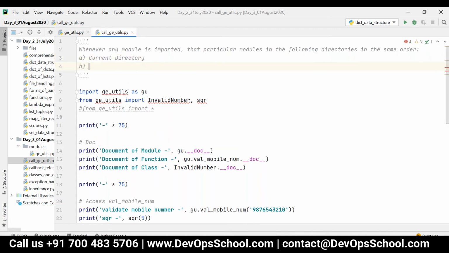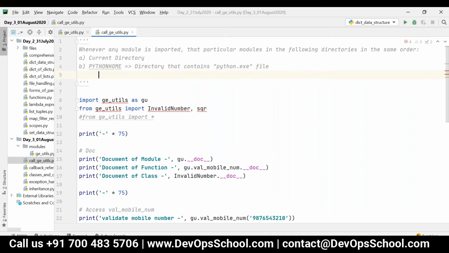Second, from the Python home. Python home is wherever you have installed Python, the directory that contains your interpreter file, the python.exe file.